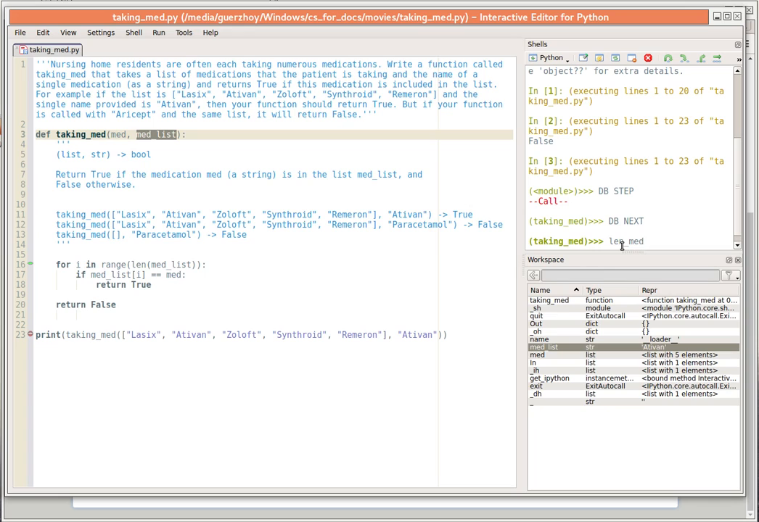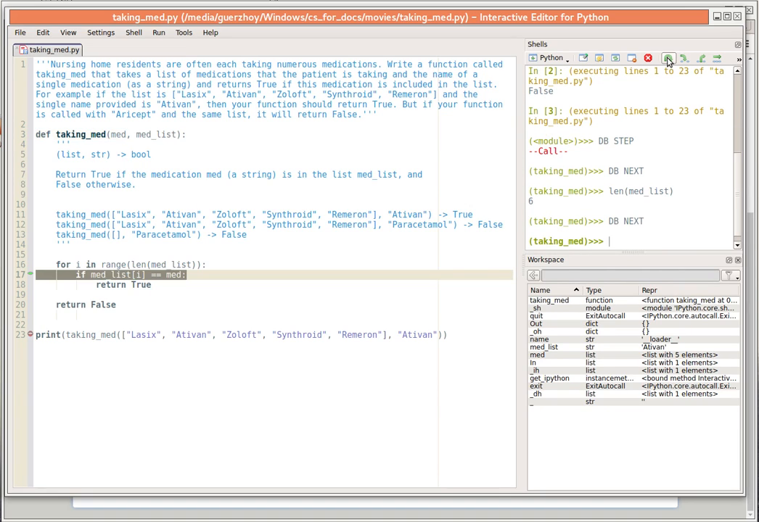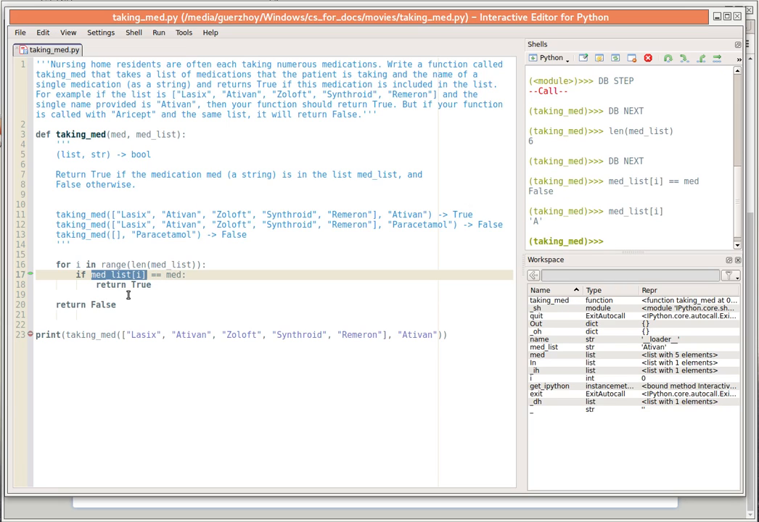So let's follow along for just a little bit. So if I try to say length of med list, that's going to be 6. 6 is the number of letters in Ativan, so everything is good. And then if we go to the next line, we say if med list at i is equal to med. What happens here? Well, this will be false. Why is that? Because med list at i is going to be A, as you see here,